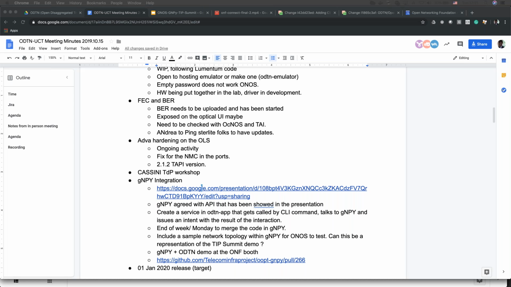Again, as I said, I'll show a patch for the ONOS side, hopefully by Friday, without the interaction with GMPI, meaning the command, the service, and the different methods. It's fairly simple, actually. Just add and request connectivity, and the integration with the intent subsystem in the back. I can do that fairly easily. It will take me an afternoon. And then as soon as that is done and you guys have merged the code and packaged it in a Docker image, I'll just deploy the Docker image on my laptop and make sure ONOS connects to it. Just have to find a way to